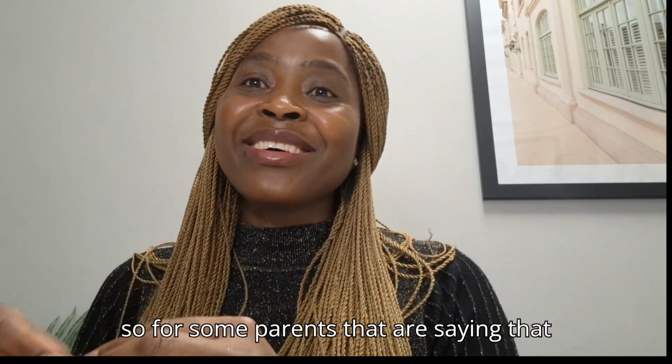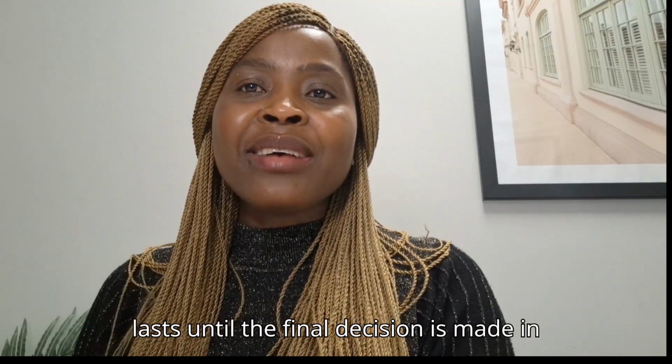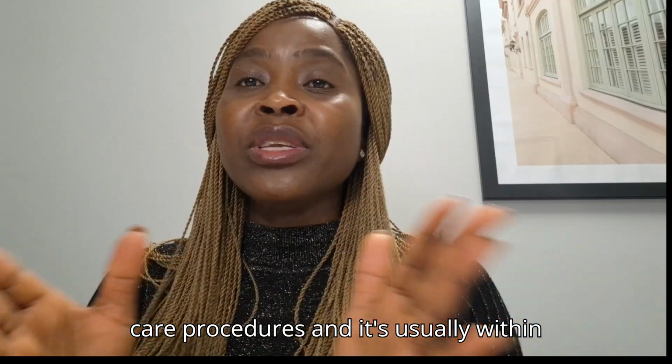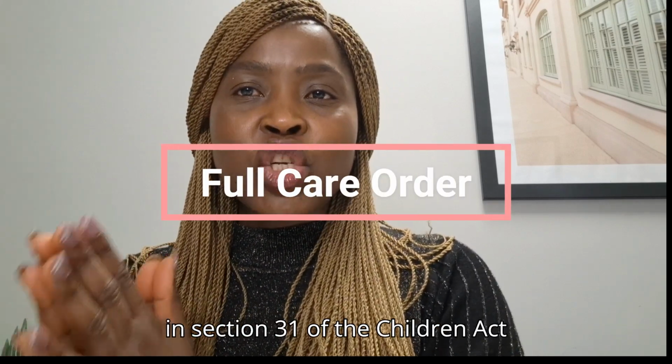So for some parents that are saying that, how they have the power to do that, okay? And this particular one lasts until the final decision is made in care proceedings, and it's usually within 26 weeks, okay? The third type of court order is called the full care order, and that is in section 31 of